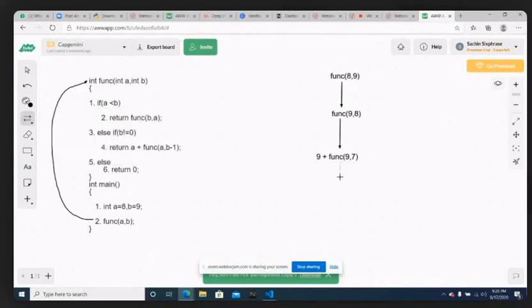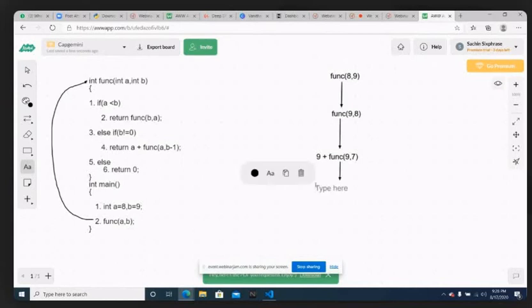Now coming to this recursive call, what will you be doing from this recursive call? Again from the first line. 9 less than 7 is not a true condition. Else if B not equal to 0 is a true condition. So we will enter into the else if: return A plus func of A, B minus 1. So again we will execute A plus. What is the present A? The present A is again 9.